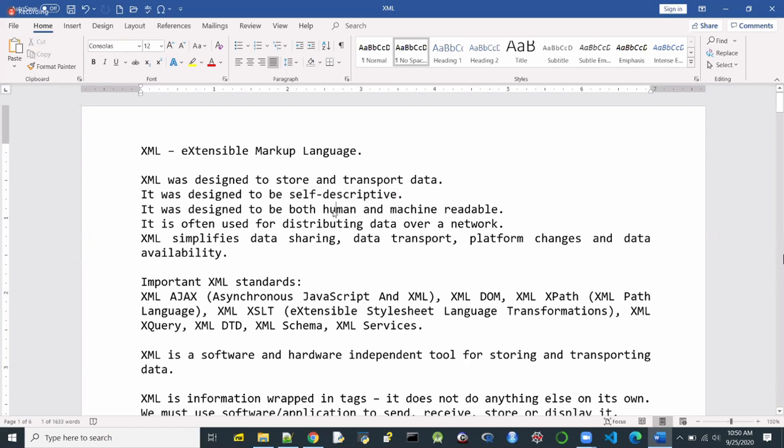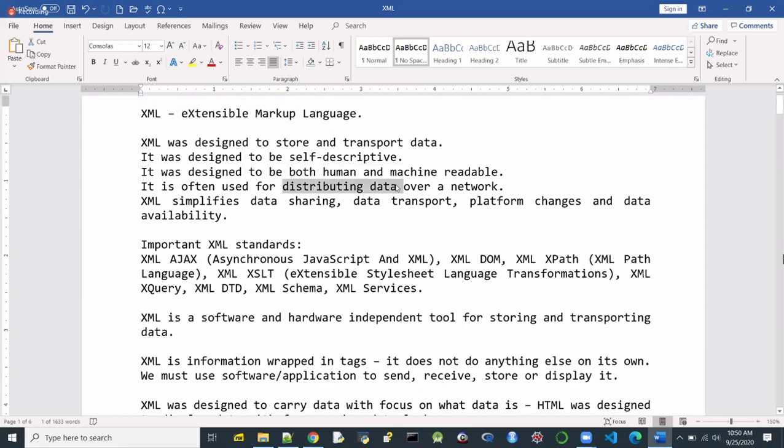The virtues of XML: it is human readable, machine readable, often used for distributing data over the network. It simplifies sharing and transportation of the data, and it is alien to platform changes. That means it is usable on all operating systems. And of course, it increases what we call data availability as well.